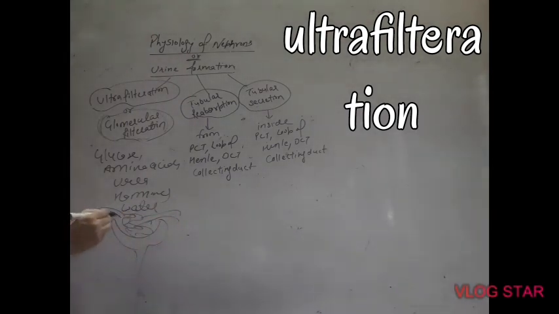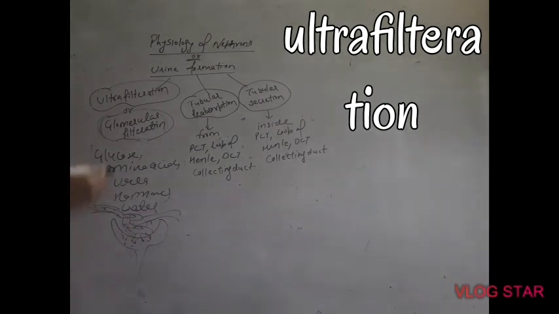When the blood from the afferent arteriole enters inside the glomerulus, then the pressure inside the glomerulus is greater than the afferent arteriole. Why so? Because the lumen of the afferent arteriole is wider as compared to the glomerulus. Glomerulus being narrower in size, they increase the pressure of the blood inside them. Under the influence of the pressure, these substances move from the high pressure to low, and they enter into the